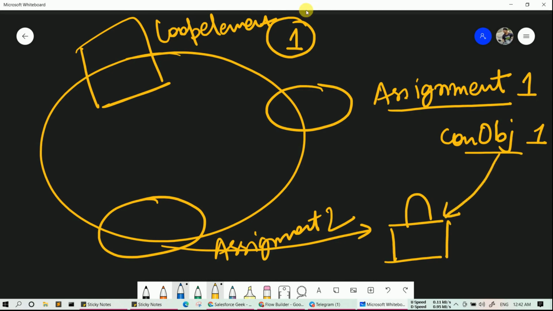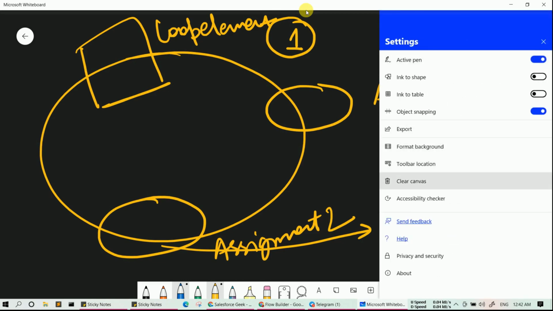Let's say now you have another account in your loop element, and you will have to create another contact for that. So let's say con object 2, and it is also going to be stored in this bag. Now you know that we have two elements inside our bag.